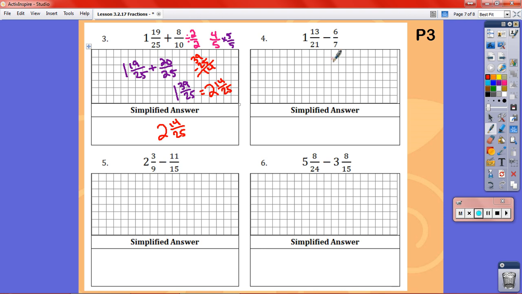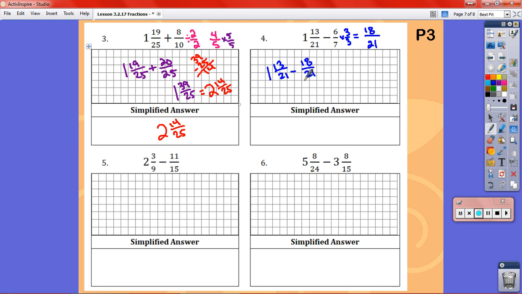Moving on to subtraction. Again, I need a common denominator. 13/21 is as simple as it gets. 6/7 is also as simple as it gets, but 7ths make 21sts when you multiply by 3. So we get 6 times 3 is 18, and 7 times 3 is 21. So it's 1 and 13/21 minus